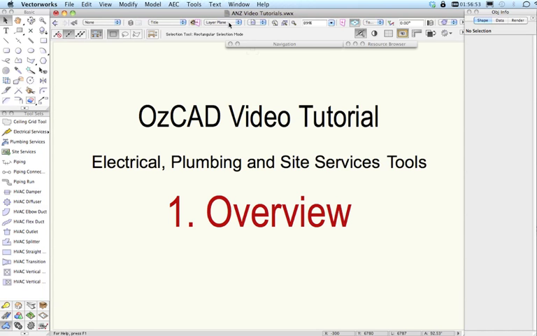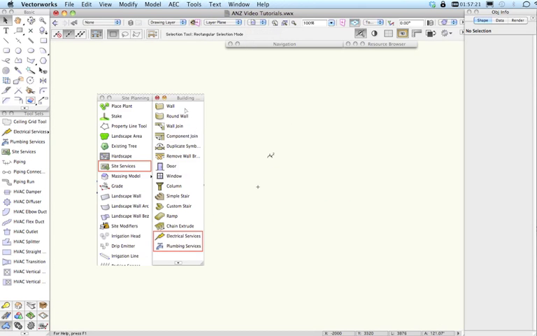In this movie I'd like to introduce three new tools that are appearing in Vectorworks Architect Australia and Vectorworks Landmark Australia 2012. In Architect and Designer, these tools will appear in the MEP tool palette, and you'll see them here: electrical services, plumbing services, and site services. In the Landmark workspace, the tools are in site planning for the site services and in the building tool set for electrical services and